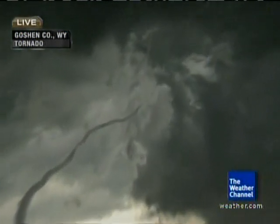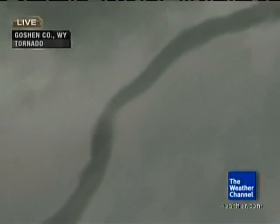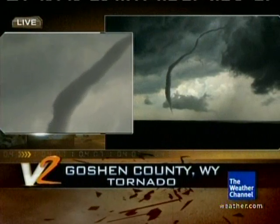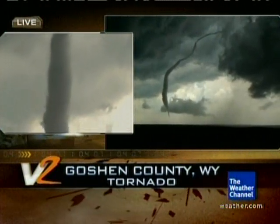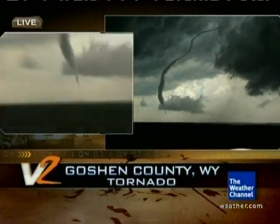This is, again, a live tornado that you're viewing here in Goshen County, Wyoming. Vortex2 has been deployed on this storm for about 45 minutes now, sampling the data. We also have a tornado warning for Laramie County. It looks like the funnel itself is likely to go east of the city of Cheyenne itself. But tornado warnings for